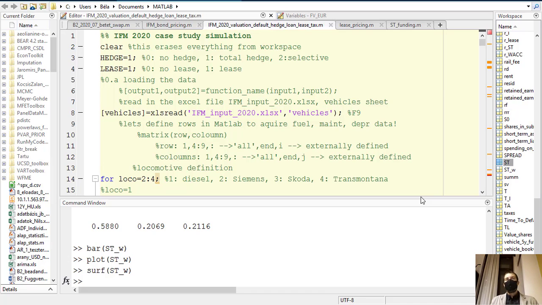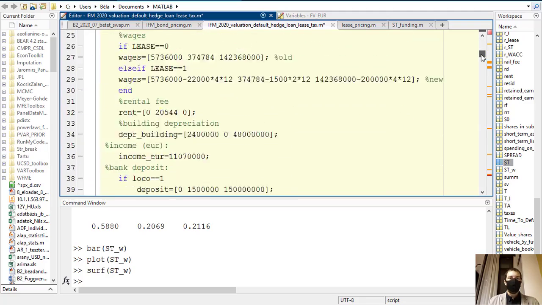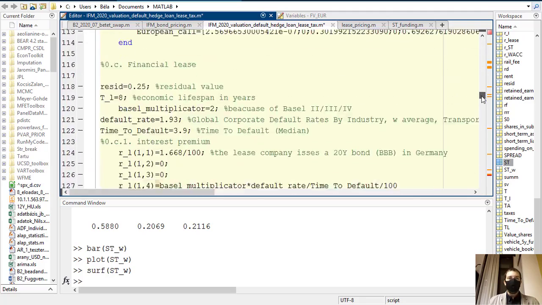Okay, ladies and gentlemen, now at last let's see how we can adapt our company to tax havens. What I wouldn't recommend and what I think is disgusting, let's do it. So first of all, no lease, and we are using total hedge because we are nice people, but